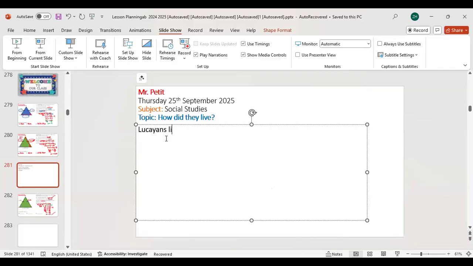So Lukayans lived in what? Huts. Huts, very good. They sleep inside. What was the name of the whole combination of huts and hammocks and everything? Village. Village, very good. So Lukayans lived in villages,